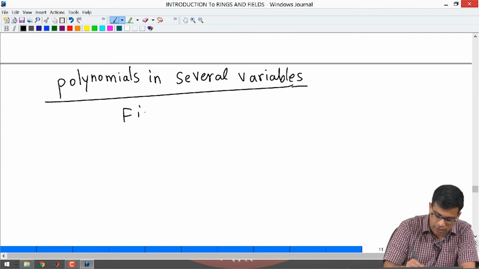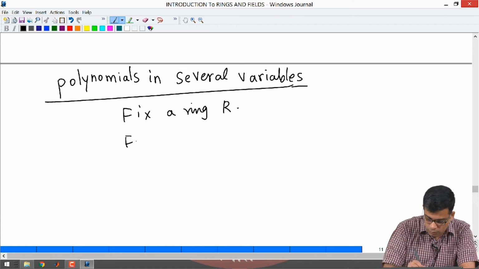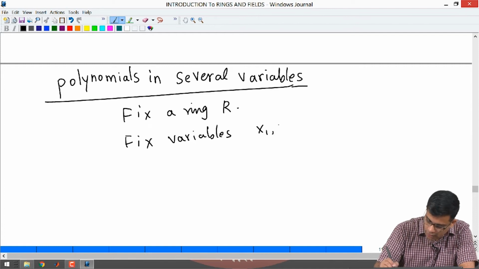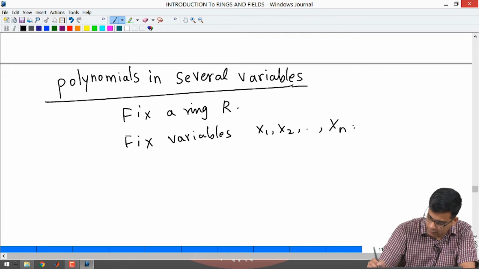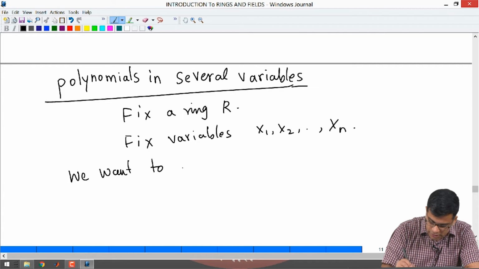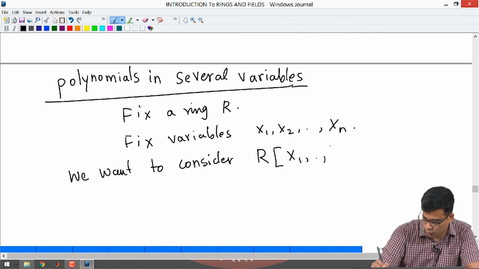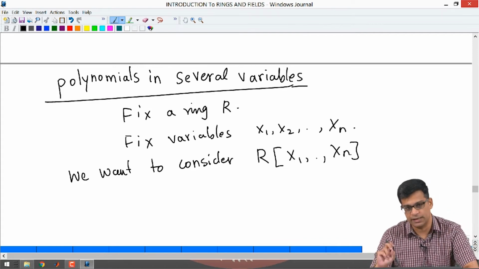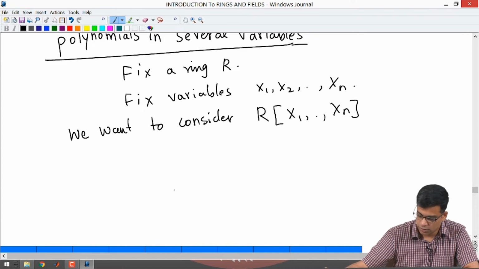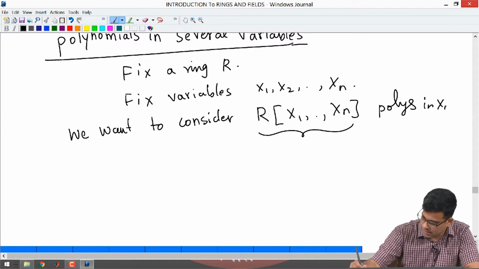So, we will again fix a ring R, and now we fix variables or symbols, let us say n of them, x1, x2, xn, okay, and we want to consider R square bracket x1 up to xn. Earlier we had R square bracket a single variable x, and now we have n variables. So, these are going to be polynomials in x1 through xn with coefficients